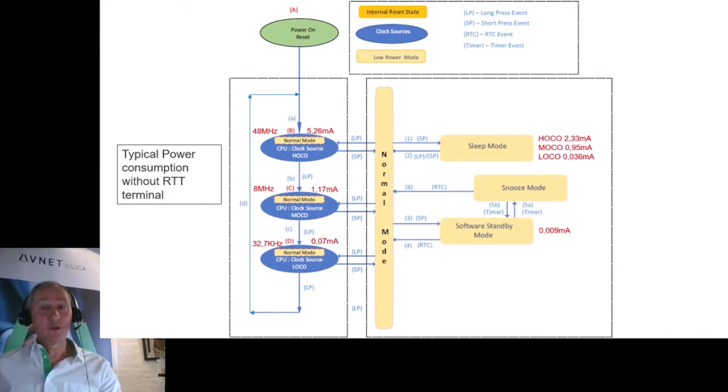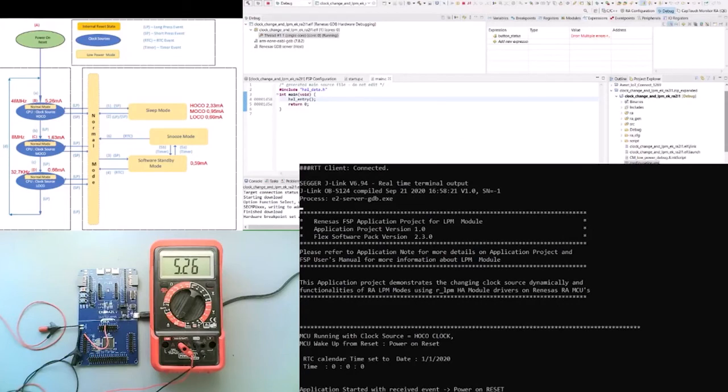I will now demonstrate the actual example program. Here you see the device immediately after restart. The LED is flashing to indicate active mode, and you see the power consumption goes up as a result. The RTT client is running to indicate the power state that the device is in,